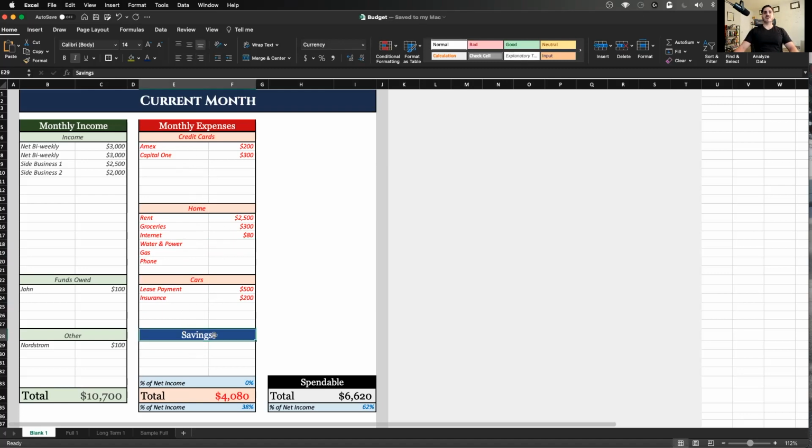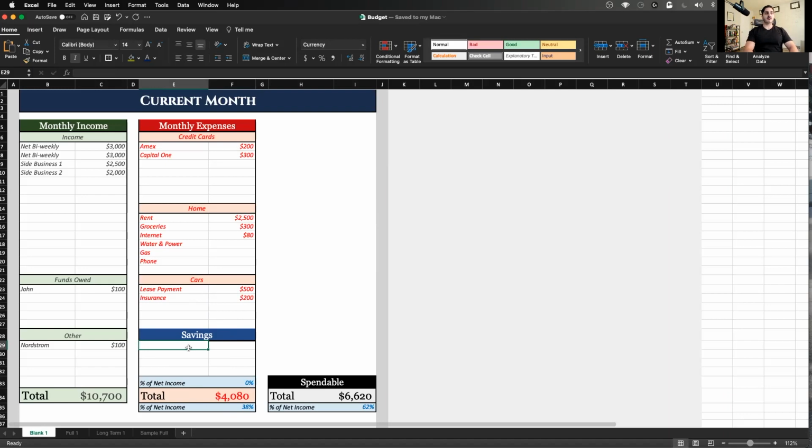Now, you notice we have savings here, but it's within expenses. And that's actually done intentionally. And the reason for that is a lot of people think, okay, I'm going to spend my money. I don't earn enough. I'll spend it. And if there's anything left, I'll save what's left. Those are the people who have no money, right? And for some reason, you just never end up having any money to save when you plan it that way. Again, the importance of planning, importance of budgeting.